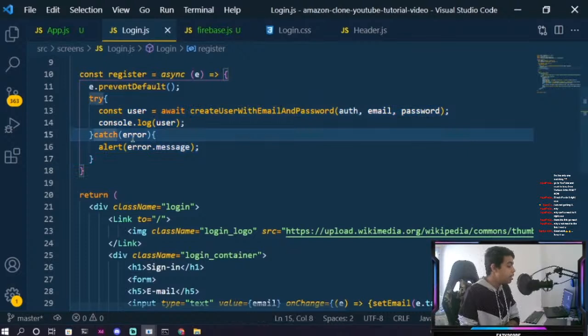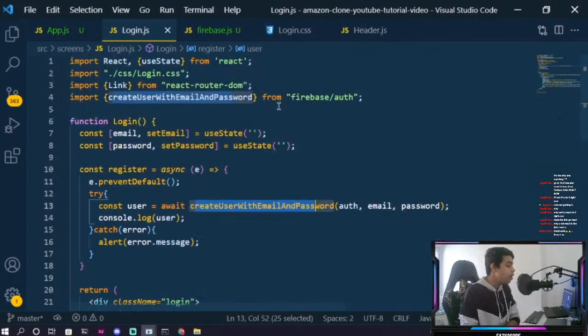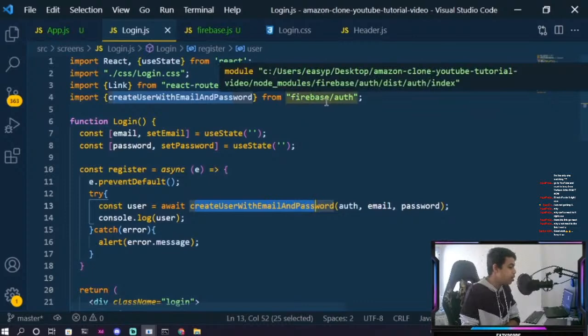In catch we are passing in a parameter of an error. If there is an error while registering the user, I'm just going to display that alert message. And in try, I'm creating a new variable with the help of async await, and I'm saying this createUserWithEmailAndPassword